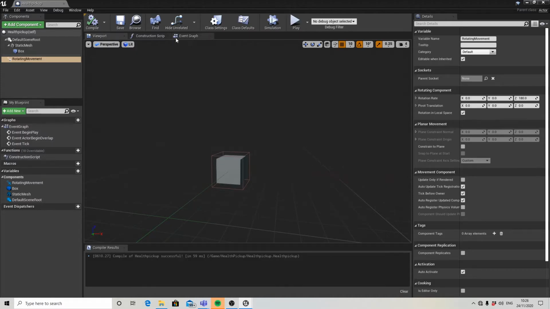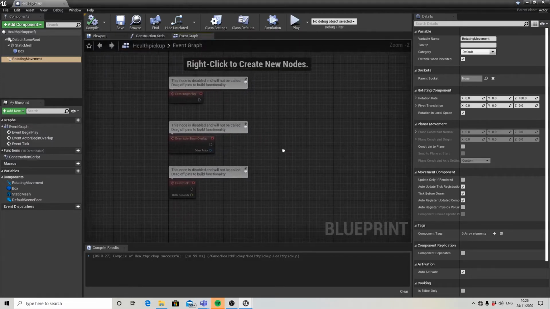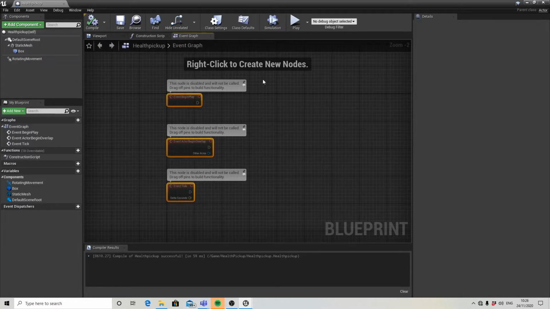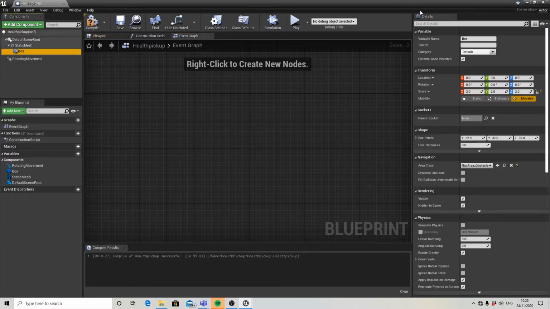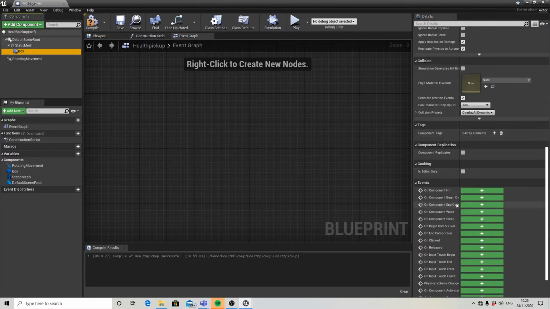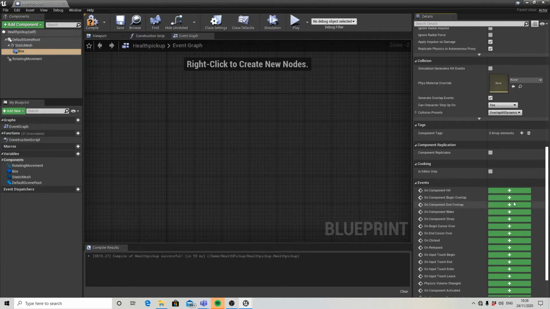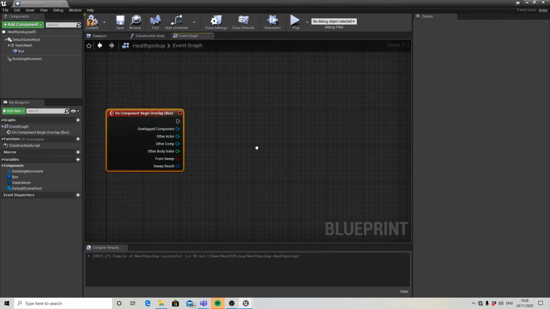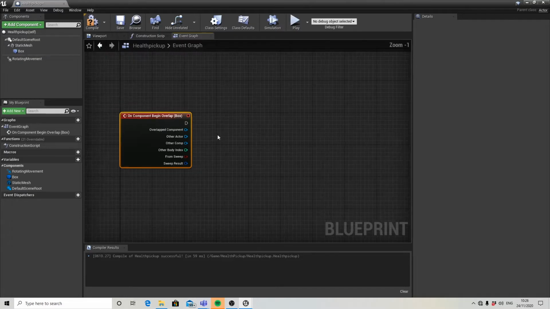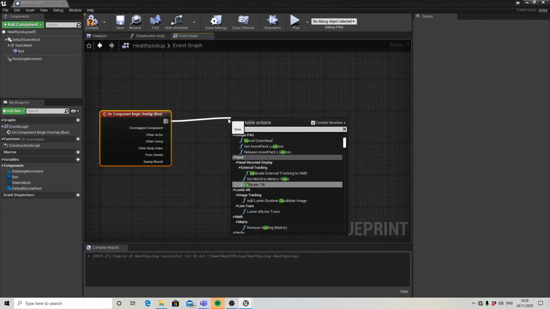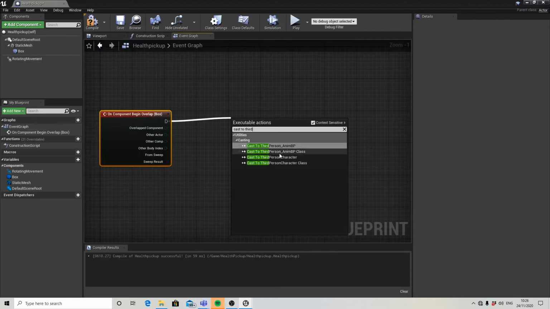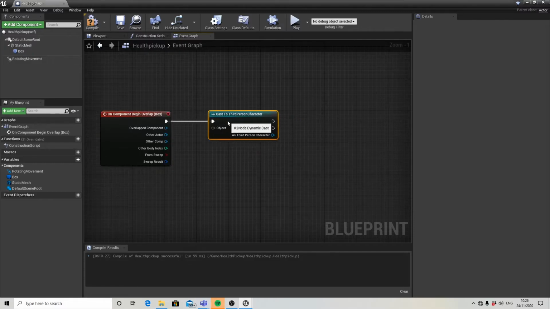Now if we go into our event graph, just at the top here, we can start blueprinting. So let's get rid of these. Select your box collision, go to details, and we'll search for on component begin overlap. So this is going to check when our character enters the box. So off the exec, I'm going to cast to third person character, or if you're using a different character, cast to that character and whatever its name is. So off of object, look it up to other actor,